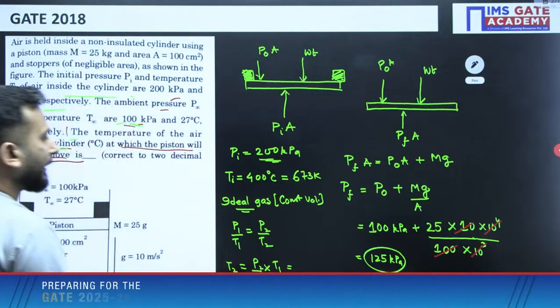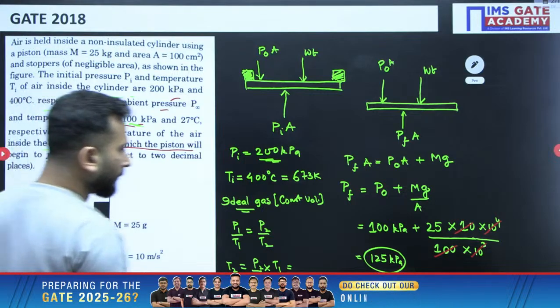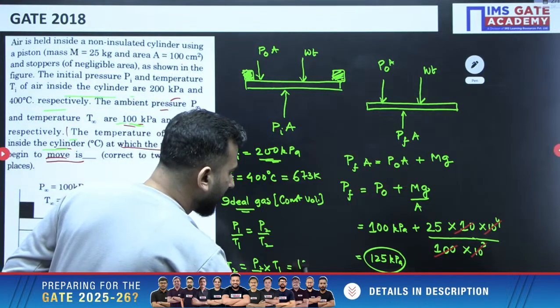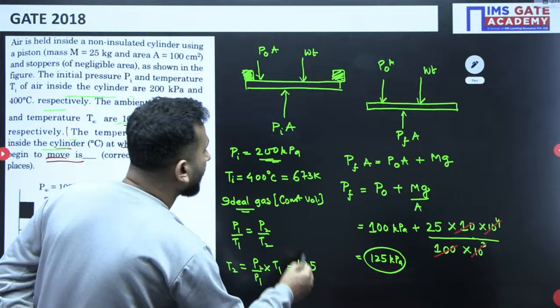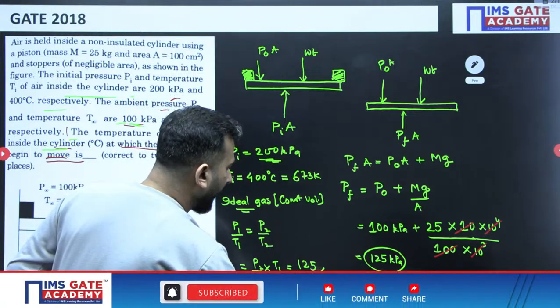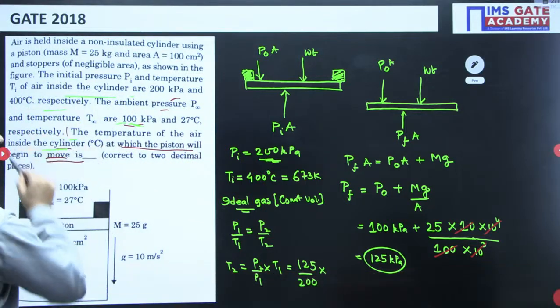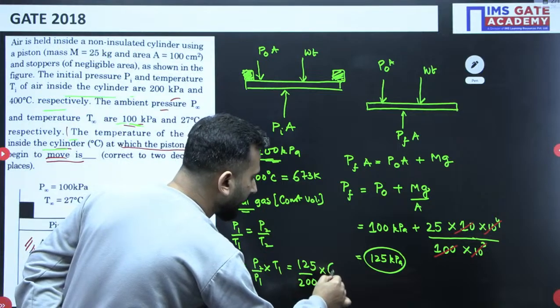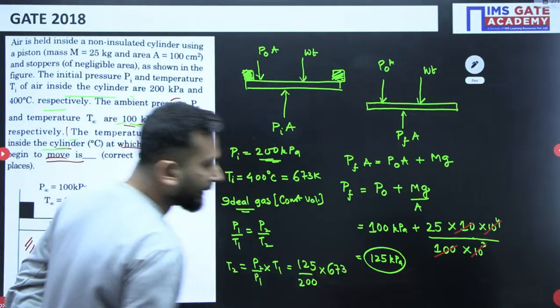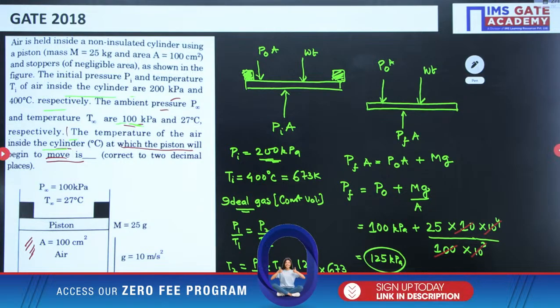What is the final pressure? The final pressure is 125 kPa. What was the initial pressure of the gas? That is 200 kPa. And the initial temperature was 400 degree, that is 673 Kelvin, right? So if you solve this,